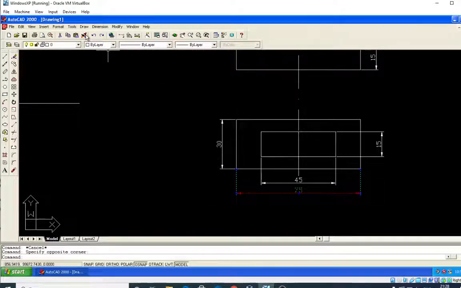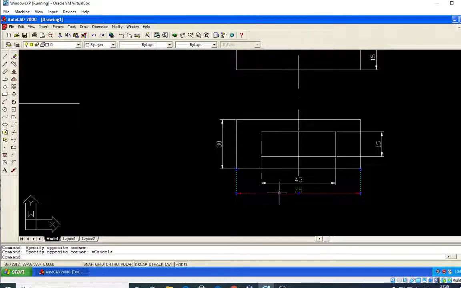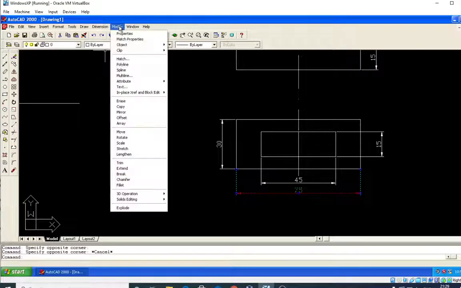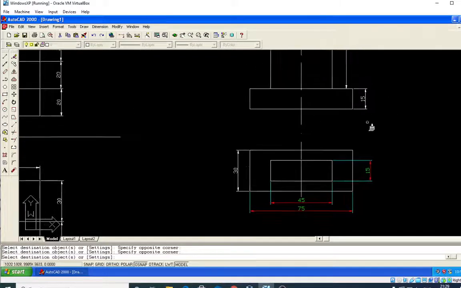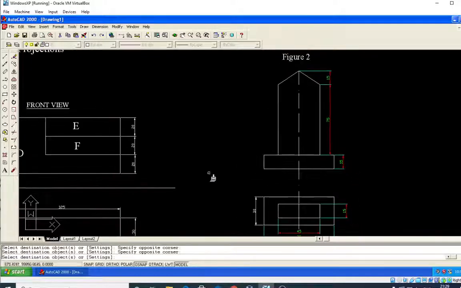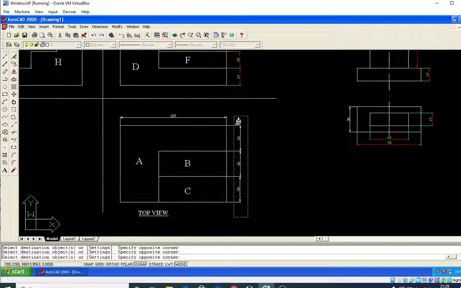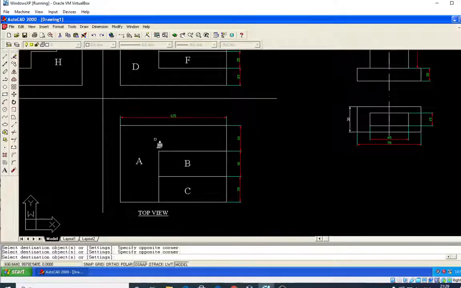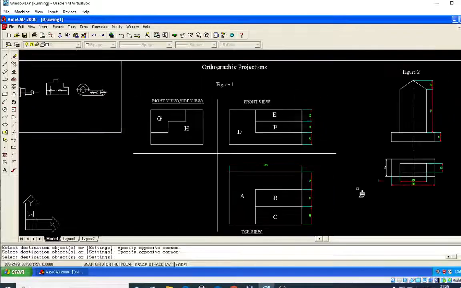Select it and take a match property, modify, match property. Here also match property is available. This is also match property. Click on this, or otherwise you go to modify and select it and paste it wherever you want to paste. You can paste here. Click on this, wherever the dimension is there, everywhere you can change. Here figures are there. Look at this. It gives you a clear picture of the object. Correct. So a clear picture is visible.